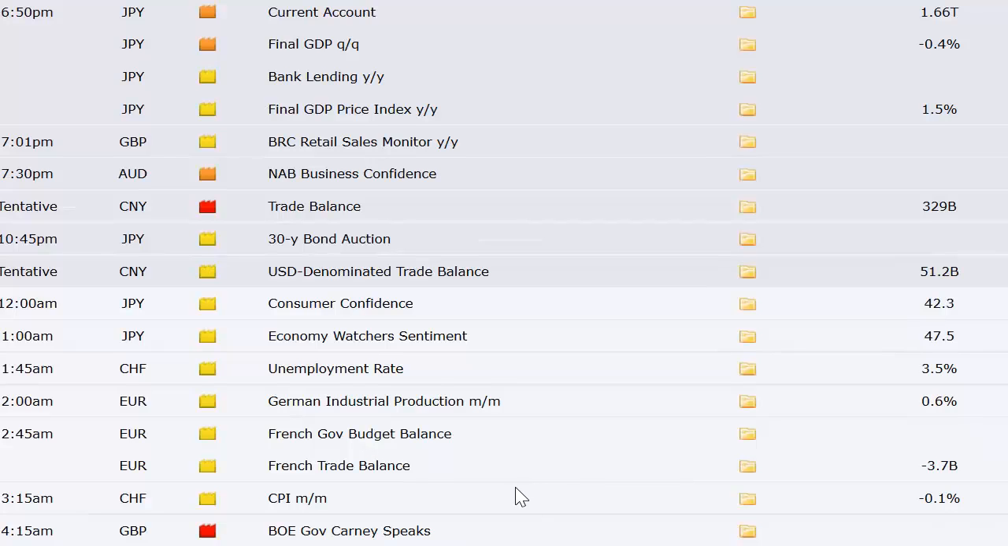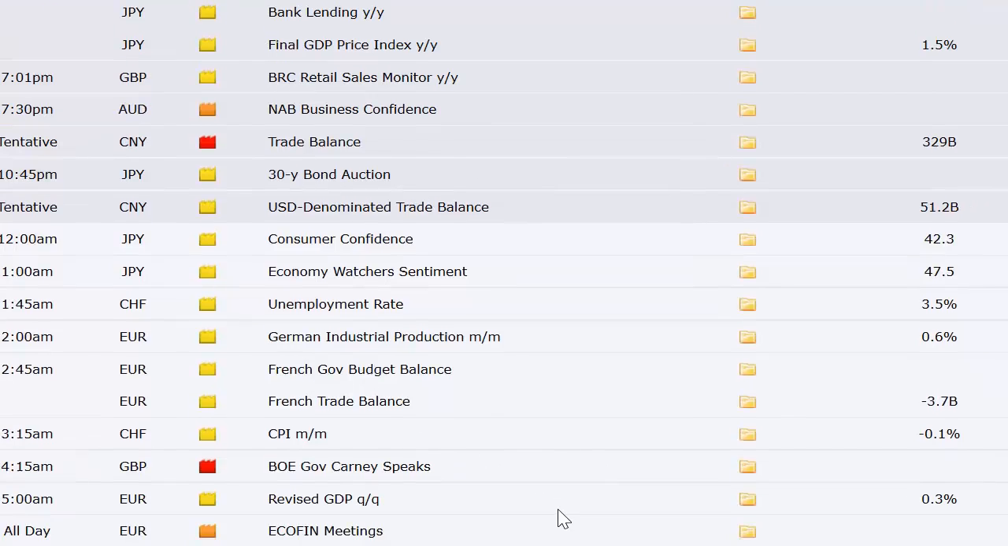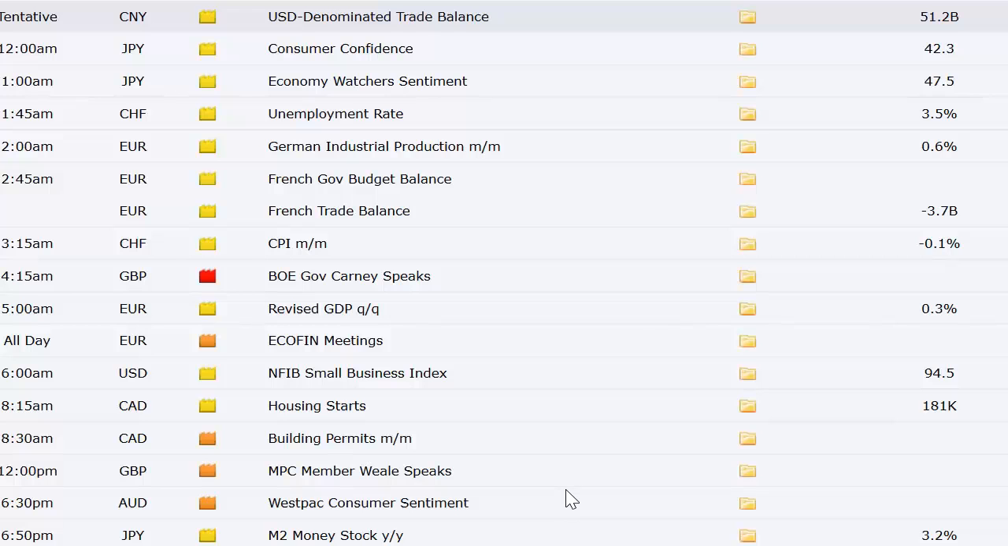We've got consumer confidence out of Japan going into Tuesday, unemployment rate out of Switzerland, trade balance out of France, German industrial production, CPI out of Switzerland, revised GDP out of Europe at 5 a.m. Eastern Time, Tuesday morning, U.S. small business index, housing starts out of Canada and their building permits, Westpac consumer sentiment,